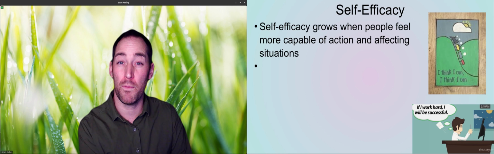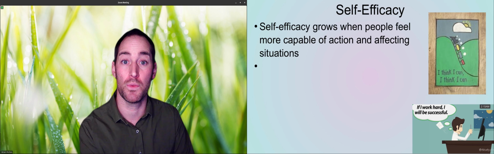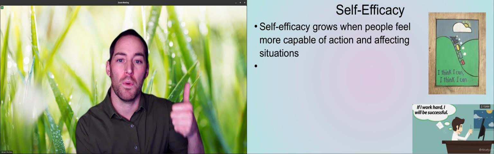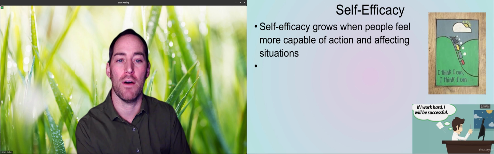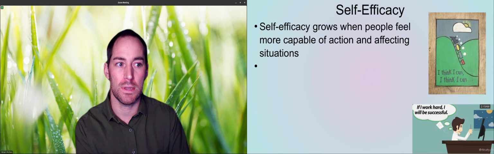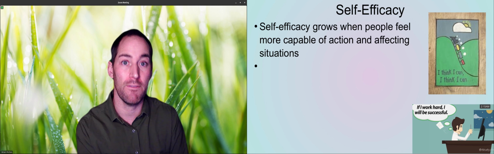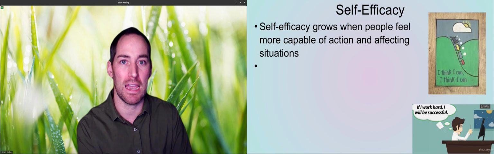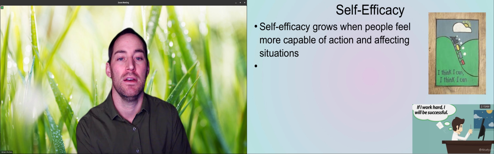All right, so hopefully you've done that. I'll let you know what the research really shows. Self-efficacy increases when people feel they are capable of action and affecting situations. So when people see that they've been efficacious in a situation, when they see that they were capable, that they did do well, that they could do a thing, their self-efficacy